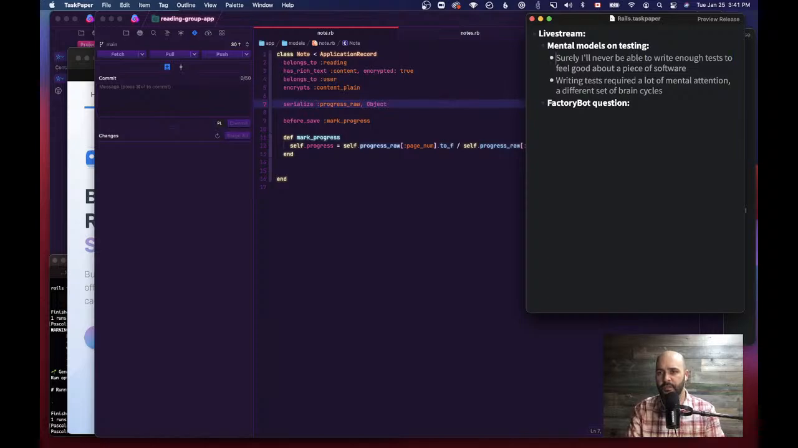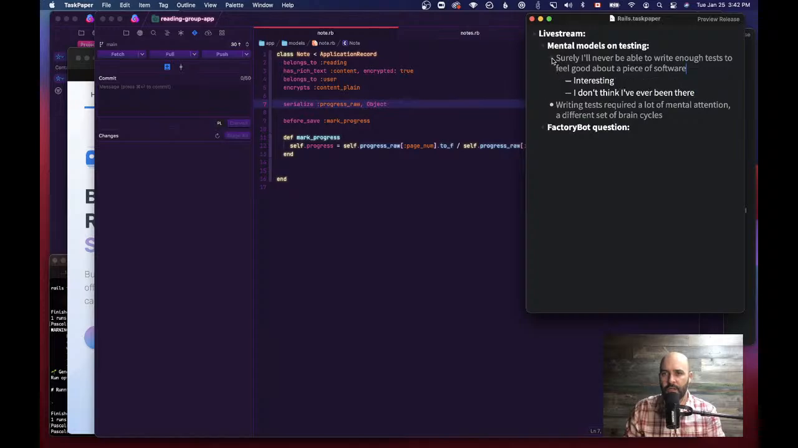So one of the preconceptions or prejudices or thoughts lingering in the back of my mind about testing is that surely I'll never be able to write enough tests to feel good about a piece of software. I thought it was for sure lingering in my mind. I realized I've never really been there where a part of the software feels well wrapped up in terms of testing, meaning that I've done a full loop around it. And for sure, what would help would be to allow myself to iterate